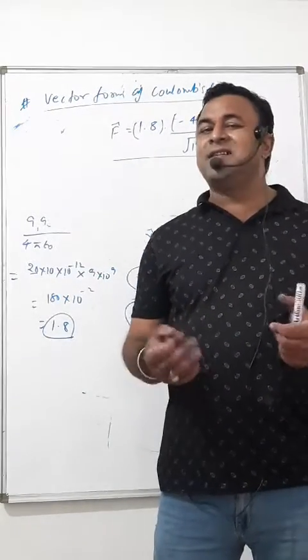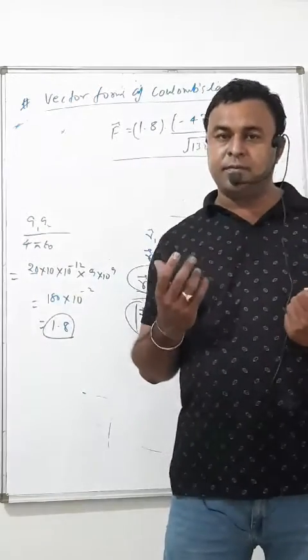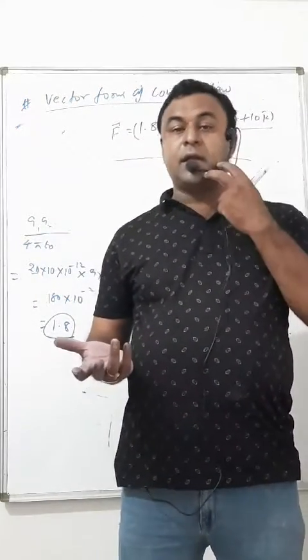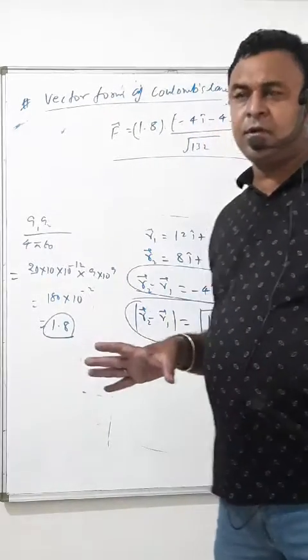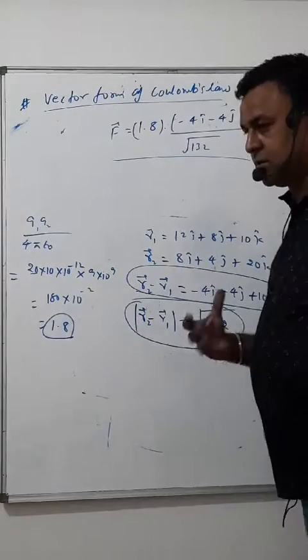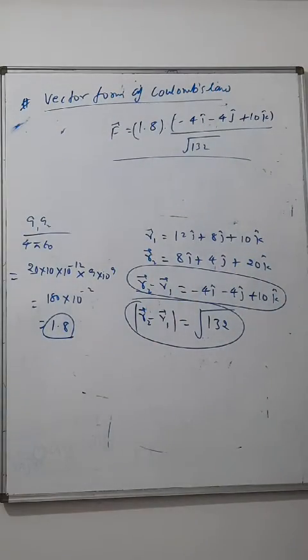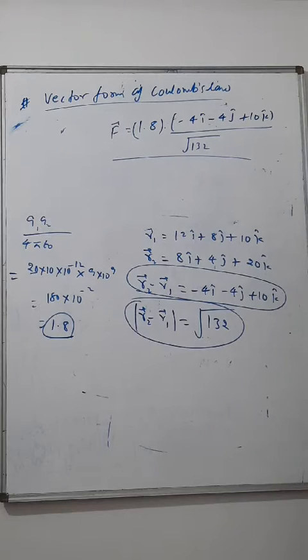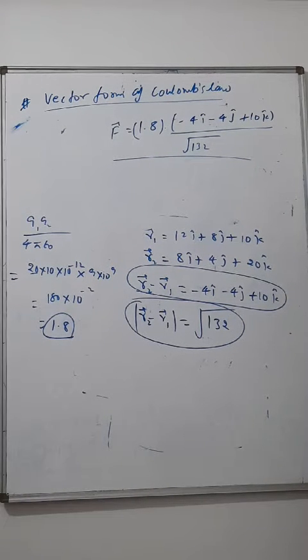No, it is not. Start as I started, taking Q1 at the origin and Q2 at another point. Now shift them to different points, then the formula is the same. No need to get entangled thinking the vector form is complicated. Usually I have seen students panic regarding this. They think the vector form of Coulomb's law is tough, difficult. No, it's simple.